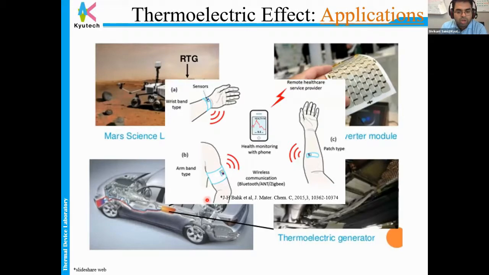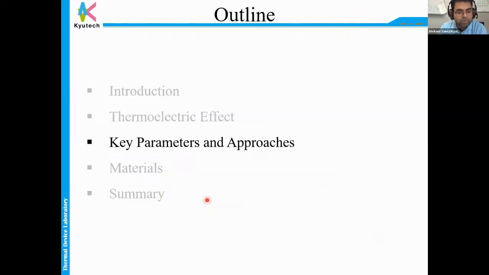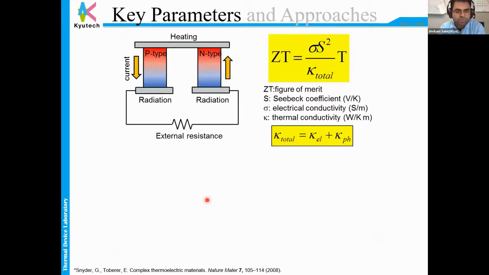That means any material can be used here, but the problem is there are parameters which need to be fixed to get a better performance of this. So we see what the parameters are and how people are using different approaches to understand those parameters and overcome those issues. So for any thermoelectric material, their efficiency can be estimated using the dimensionless figure of merit ZT, which